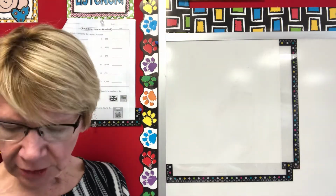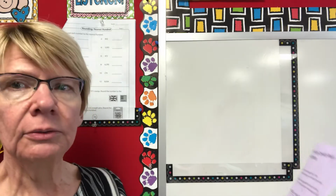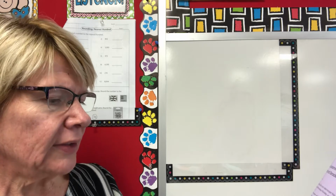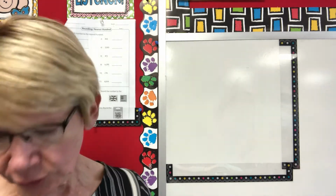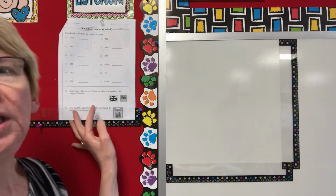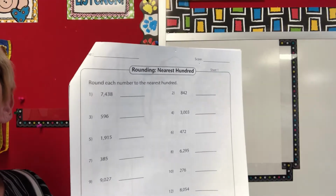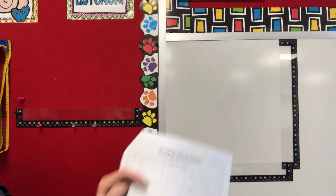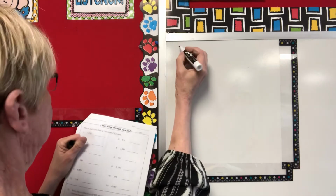So that seems kind of short today. So let's review. Take your spelling test. Do your Scholastic News. Do IXL, and now we're going to do worksheet 14 and 15 on rounding to the nearest 100. And here's our sheet right here. And 14 looks like this, rounding to the nearest 100. Okay, so I have my little box here so I don't write so big. So let's take a look at the first one,